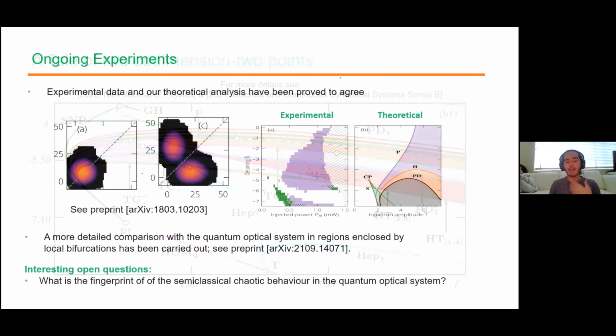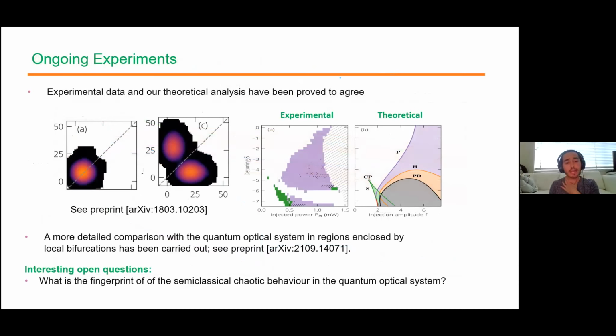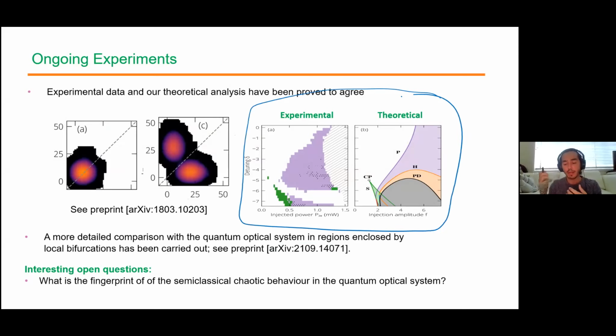Now, as a final word, as I told you when we started this presentation, this work is motivated by experiments. And the thing I wanted to stress here is that these experiments have been carried out. Here I'm showing you an experimental bifurcation diagram next to a theoretical one, where some of our predictions are being observed. In this particular case, we're talking about the easier behavior, not the chaotic one. But even though I'm showing you the easy one, what we have shown is that these experiments are being done,